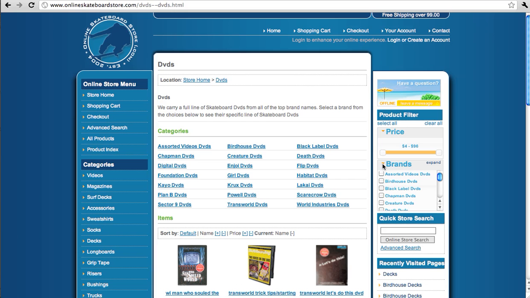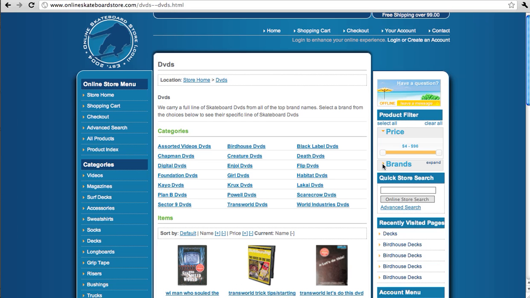If it's closed, when you load the page, it'll appear like this. So people can open it and use it, but it'll be closed by default to keep your page nice and small. So when you enable a column to be a filter, you have the option of which order it shows up in and whether it's open or closed,